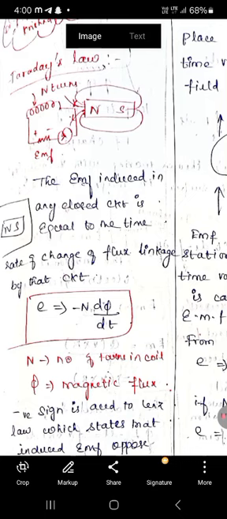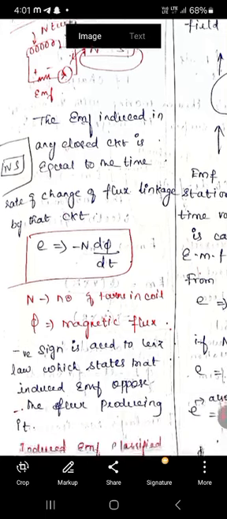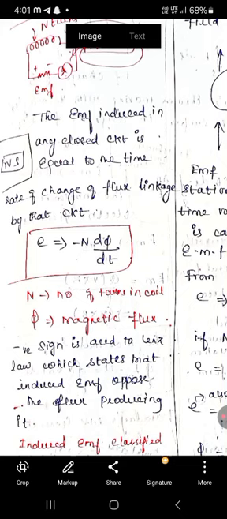So the given statement is: EMF induced in any closed circuit is equal to the rate of change of flux. That is what Faraday tried to conclude. With that statement, we go to the formula: E represents the induced EMF, which is equal to dΦ divided by dt, the change in magnetic flux with respect to time. That is directly proportional, right? If we remove the proportionality, we represent it with one constant.